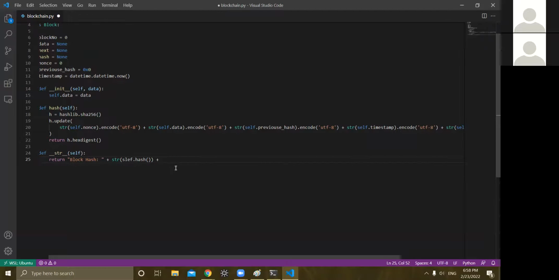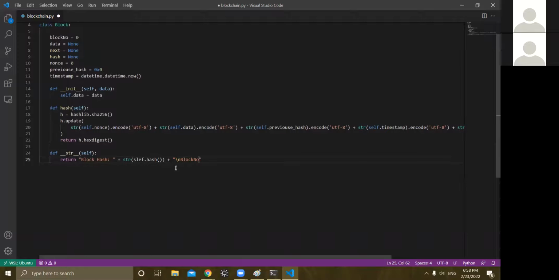So we can also say on the next line, we can put a new line, and then we can say block number. And then we can put the block number. So plus, I'm just going to copy this. We can make it a bit faster. And then we can put block number. And then what else might be useful? We can also put the data inside of it and the number of hashes it took to actually find the hash which is less than the difficulty level. So let's also put the block data,